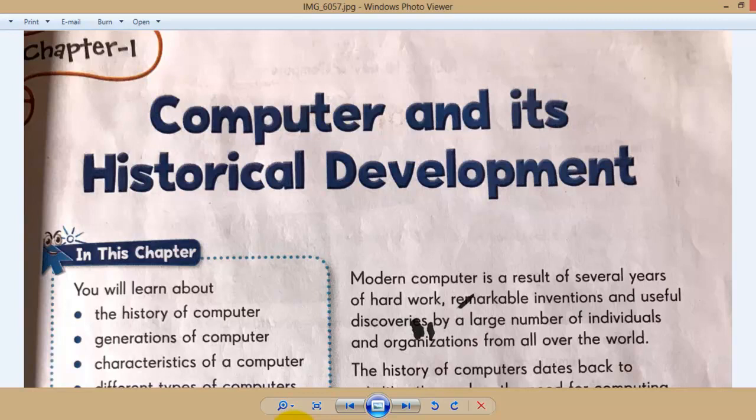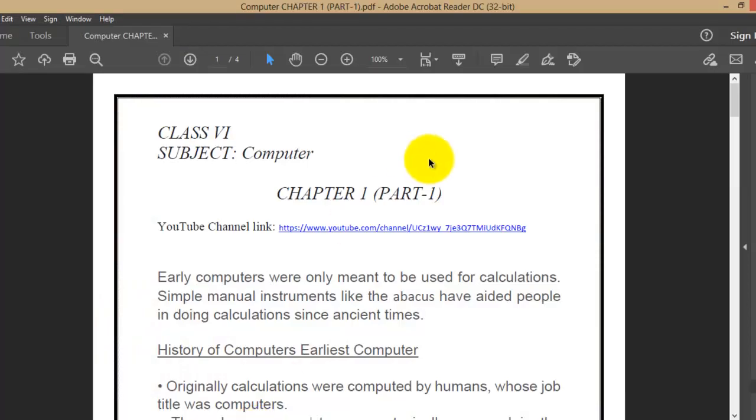Before starting our chapter, I'll tell you something about a brief history of computers, which we are going to learn here also. I've made some points here. Look,